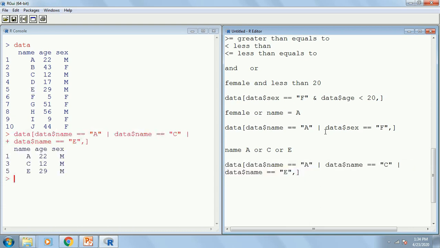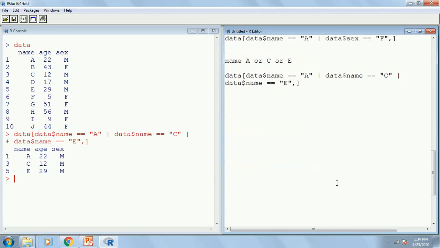Now I have A, C, E, but the problem is it becomes too lengthy to write this code. Just imagine there are 15 values. Now in this way I have to copy and paste it 15 times. There is a shortcut, an easier way to do it.